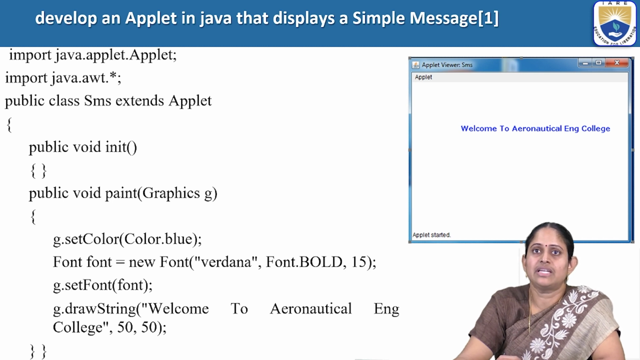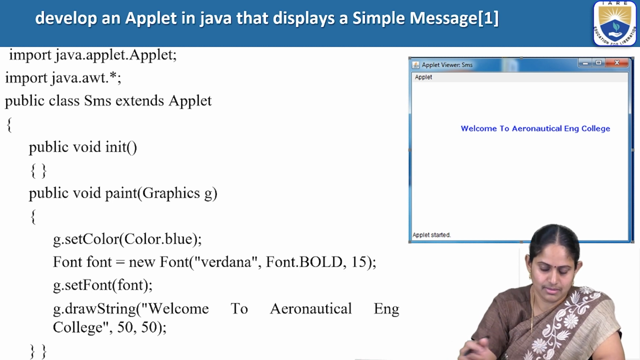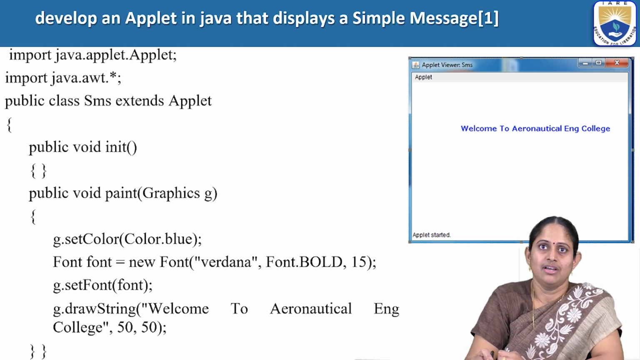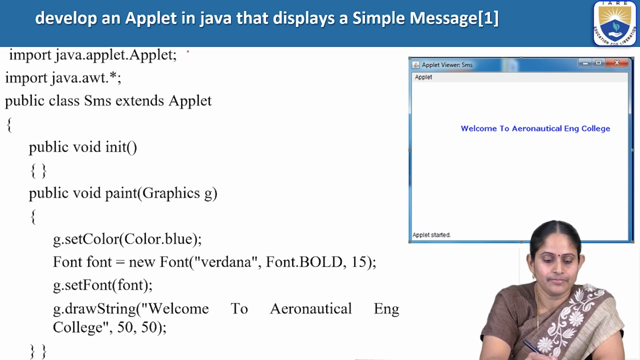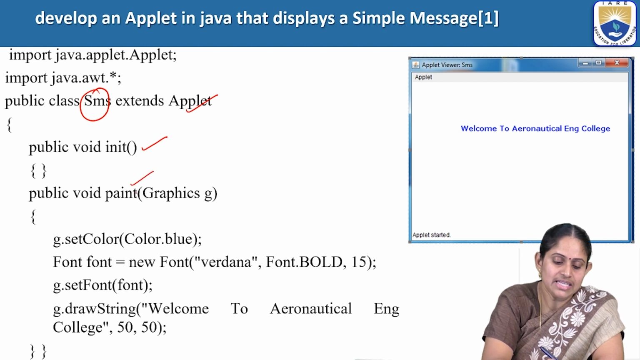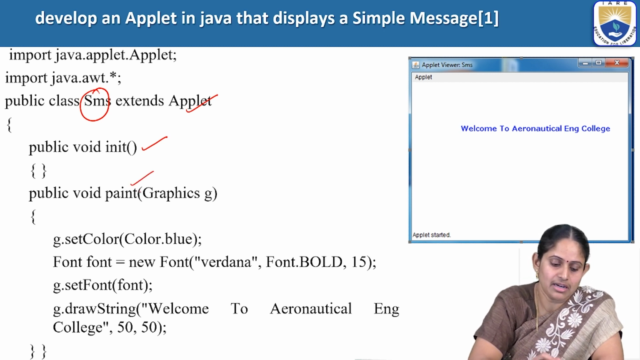Now let's look into the drawing of a simple applet. A simple applet message. So here this is our class which is extending the applet. Then we are calling the init method and the paint method. So inside the paint method we are implementing our logic, wherein